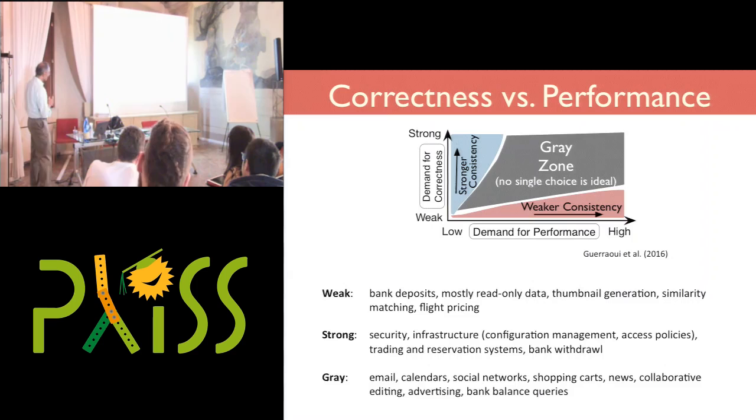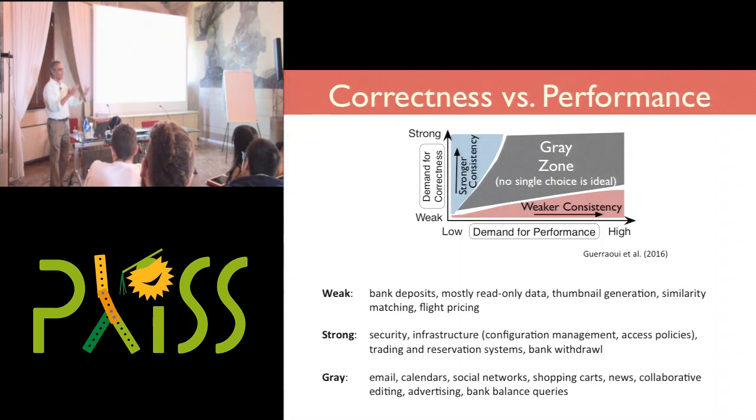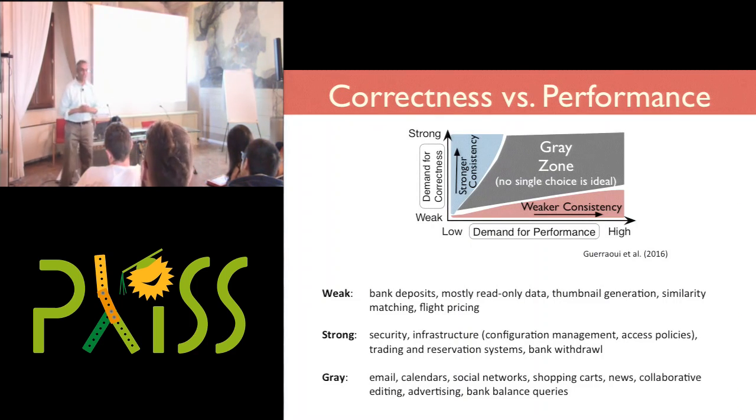So here's an example. If I'm doing, say, bank deposits, I may be willing to say, look, I really want to get out of the ATM. I don't want to stand waiting for the bank to tell me that the deposit took place. I'll believe the bank. We have some trust that the bank is going to do the right thing. It may take a day for that deposit to show up, and I'm willing to live with that. That's the notion of a weak consistency guarantee that a client is willing to accept.